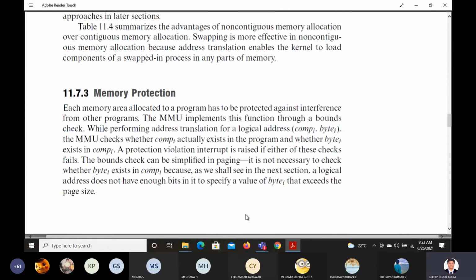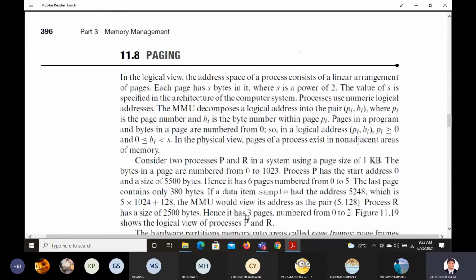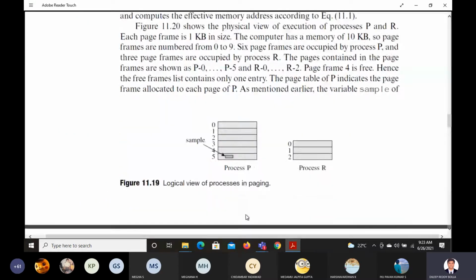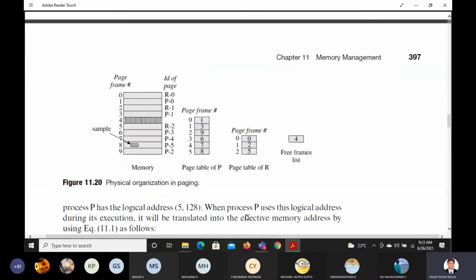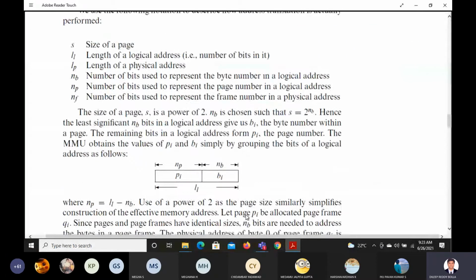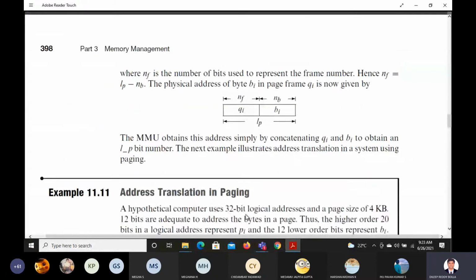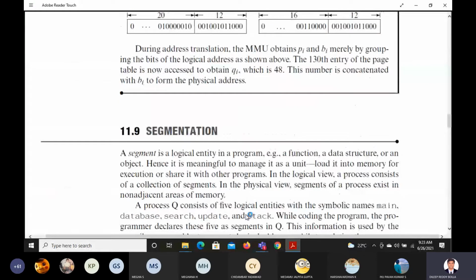And they'll ask you questions like this. Define the following for memory management. What is memory protection unit? What is fragmentation? What is memory allocation in non-contiguous memory? What is segmentation, what is paging, what is virtual memory, what is demand paging? All the definitions should be prepared. Memory protection and paging is given here, how paging is being done, examples are given for paging, and address translation for paging. That's all about the paging part.